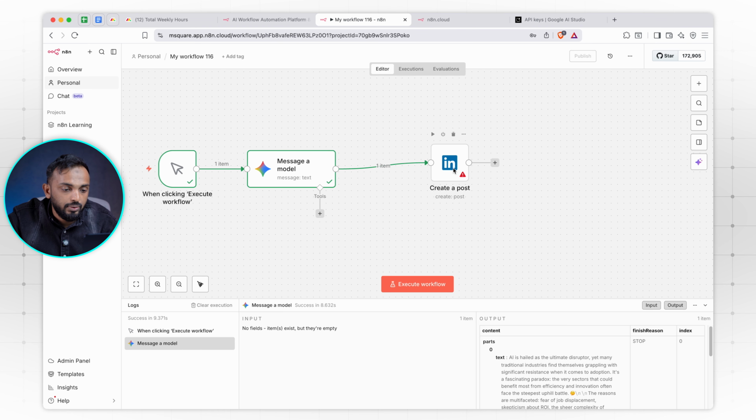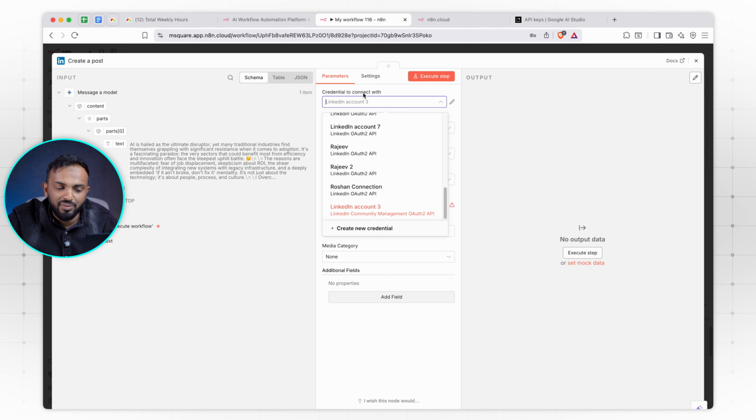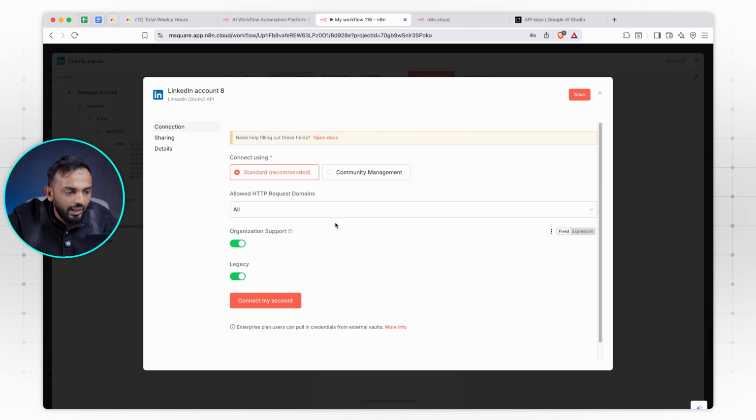Now let's configure this by clicking on it. As usual, how we configured Gemini, we have to add the connection. Let's click on this credential to connect with, and click on create new credential, and this pop-up comes. A very important thing: it's always good to rename our connection so we can identify whose connection it is, or even rename our node so that we can understand why this node or step has been taken, or even rename our workflows efficiently, so that later when we come in, we know why this workflow has been created and what its objective is. So let me rename my connection to Jahar connection,